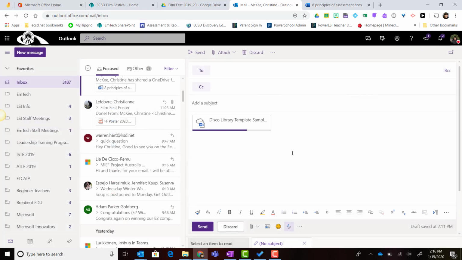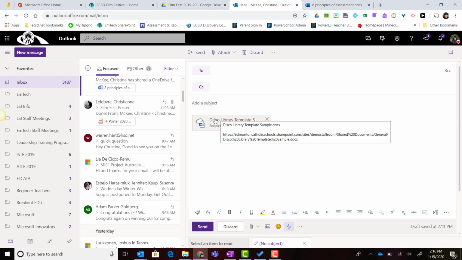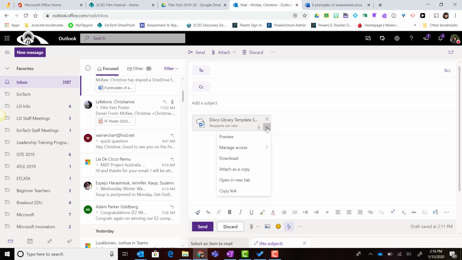I'm going to click next, and notice that this document is actually attached as a link that will be shared with recipients of this email. Notice that by default, the document is set with permissions stating that recipients can view. But what if I want recipients of this document to collaborate on the document? I can actually change the permission levels by hovering over the attachment, clicking on the drop down for more actions,